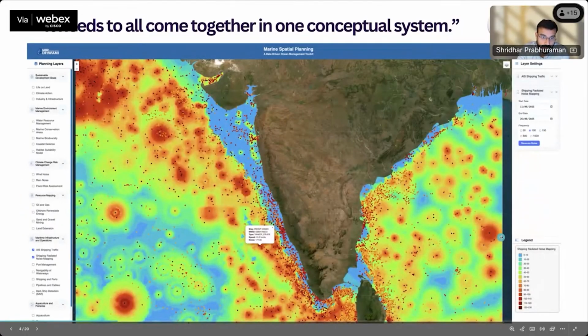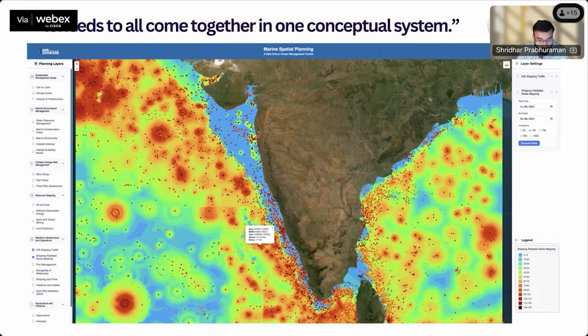So what we are actually looking at, and as Sir mentioned, this is something that we've been working on, although still in preliminary stages. There are a few components that are left to be addressed here, but the idea is that we want to create a marine spatial planning decision support tool which goes beyond the existing MSP tools that are available, at least from the Indian subcontinent perspective, where you get actionable data.